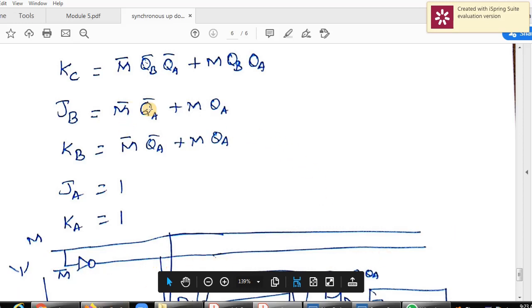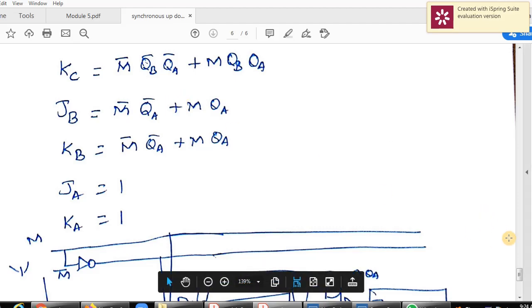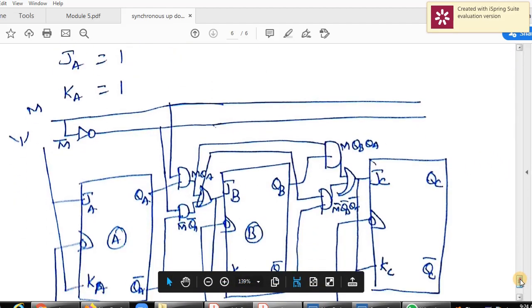So M bar and QA bar, this is multiplied, so here we need an AND gate. And M and QA are also in product term, so here also we need an AND gate. So with 2 AND gates it is needed. Then one summation is there, so these 2 terms we sum using the OR gate. So what we require is 2 AND gates and 1 OR gate.